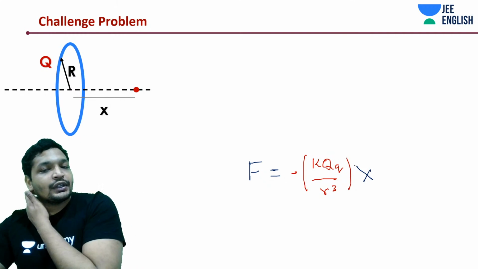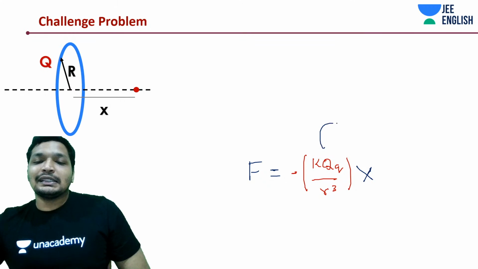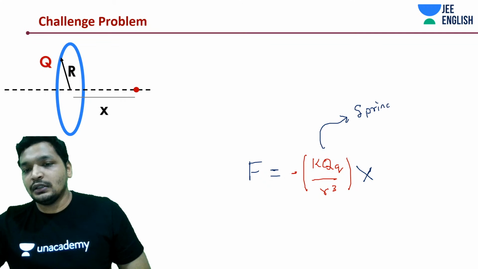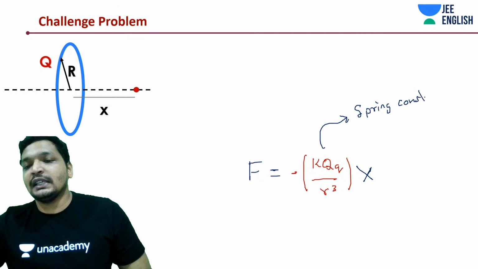I think this is correct. This is the kind of spring constant, which will give some frequency, SHM, etc. You can find out now